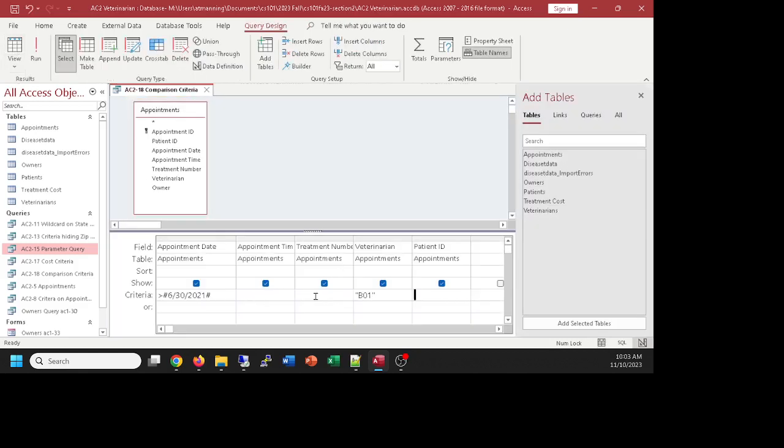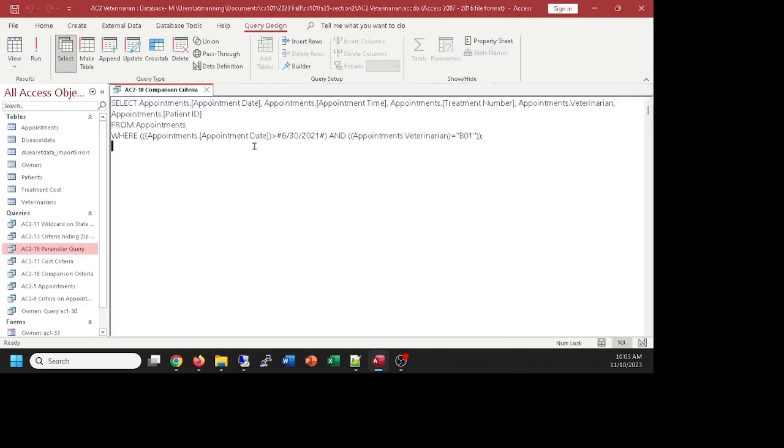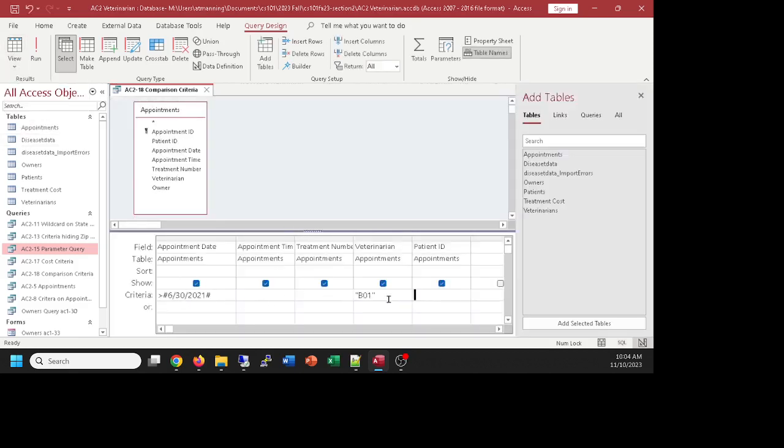So when it's on the same line, think of it as both these things have to be true. They're anded together, and if I view my database view, I will see, yes, there is an and between appointment date greater than June 30th and veterinarian equal to B01. There's the and criteria because of them being on the same line. That's called compound criteria, and we're going to save that one as